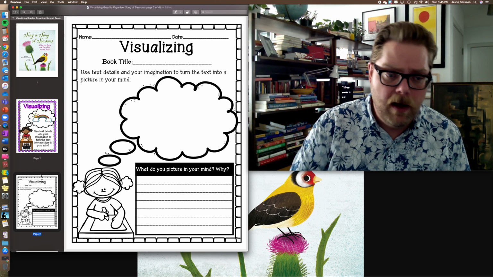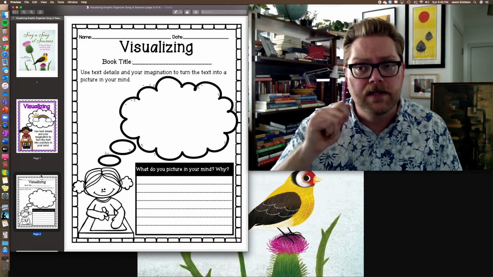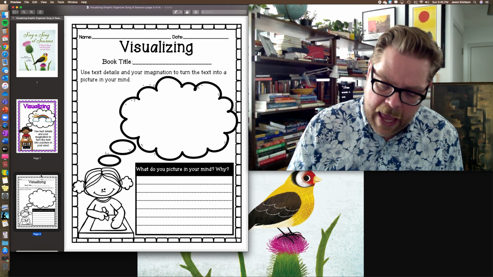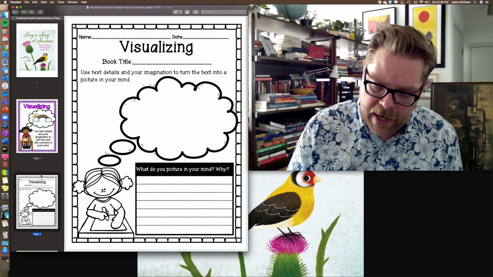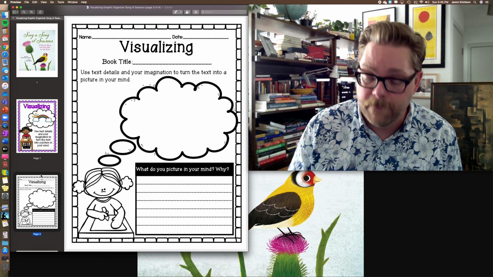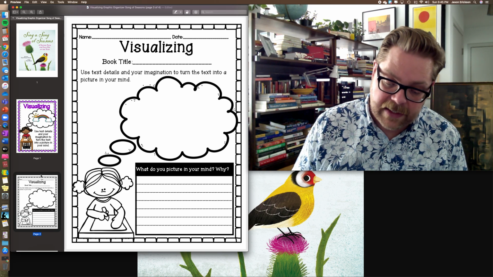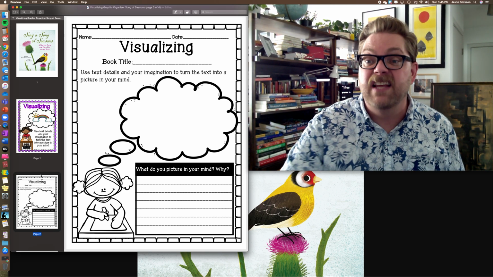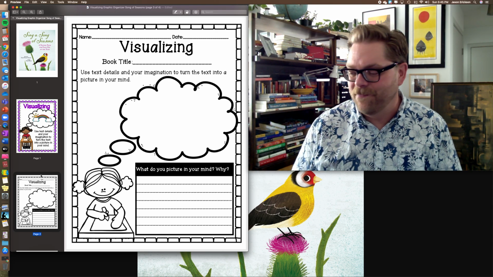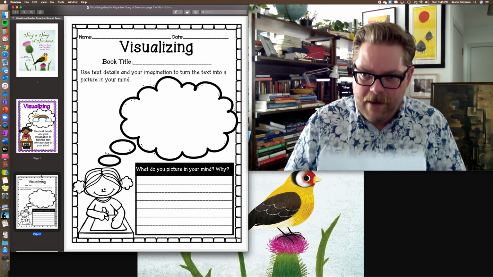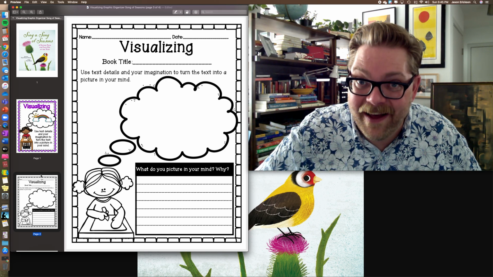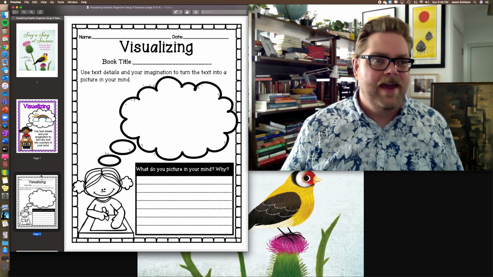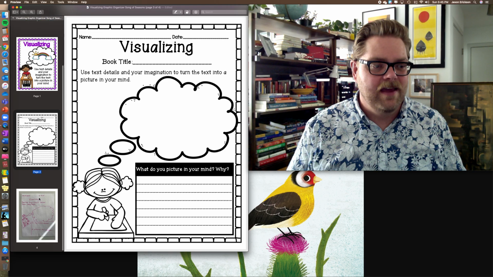And then right below, what do you picture in your mind? So I'm going to use my sentence starters. In my mind, I pictured, okay? And then the second sentence starter will be I pictured this because it asks us why we pictured that, all right? Okay, and through the magic of the computer, I'm going to put my image in this screen so you can see it.